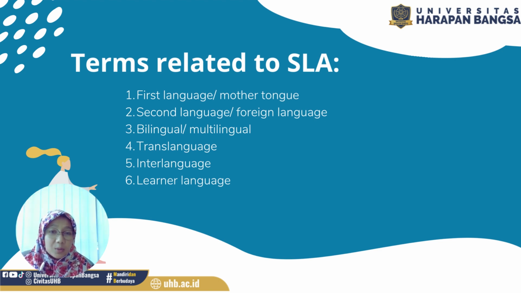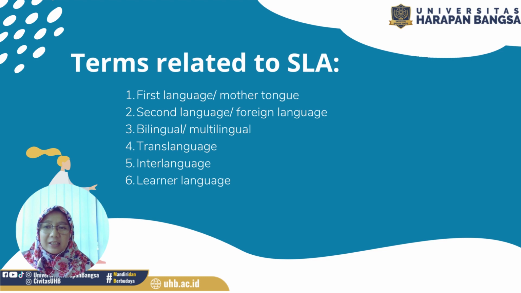And then multilingualism, on the other hand, refers to the ability to speak three or more languages fluently. This can include people who have learned several languages throughout their lives for work, travel, or personal enrichment. Okay, so bilingual is a person who speaks two languages in their life, and multilingual is a person who speaks more than two languages in their life.